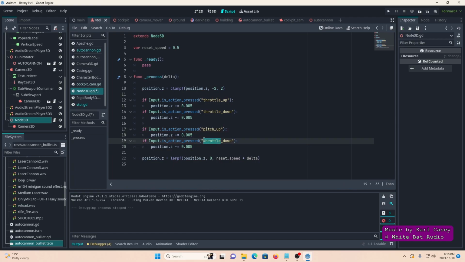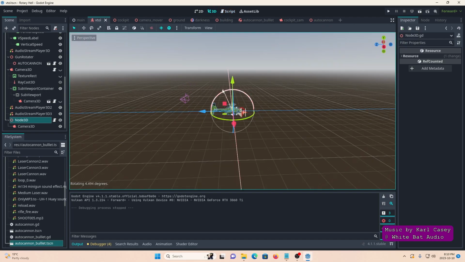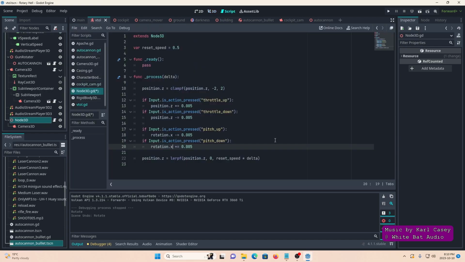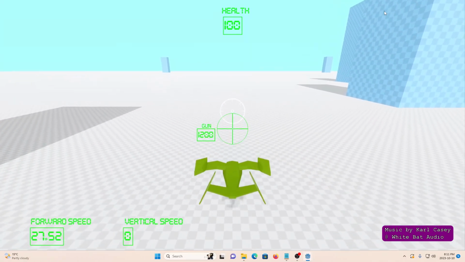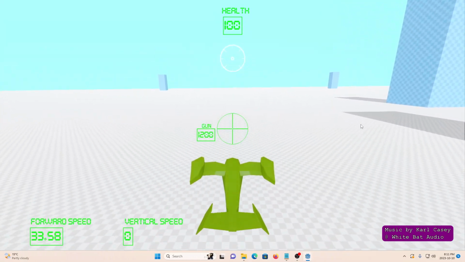And then pitch down. And for pitch in particular, I have inverted pitch controls, so I'm going to change the negative and positives around on that one. And instead of position.z, this needs to be rotation.x, because pitch is rotating around the x-axis, as seen in 3D space. So we'll do that, and it will pitch up and down, but it pitches at a pretty steep angle very